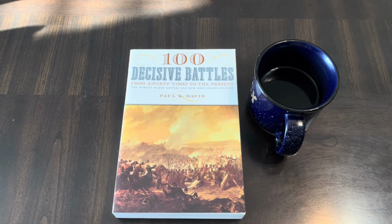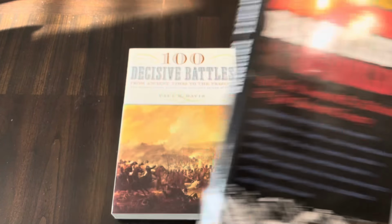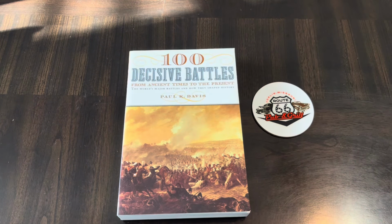And so I started collecting in world history, and I started collecting a lot of battle books, which are basically just high-level survey type books, looking at all different battles and kind of giving you a glimpse of what they were about, who the combatants are, what the context was, leaders, casualties, and then having their own take on why they are important. This one had its own take on what was decisive, and this one has its take on what is decisive as well. So I thought I'd give this one a little bit of its own special treatment as I kind of briefly talk about it